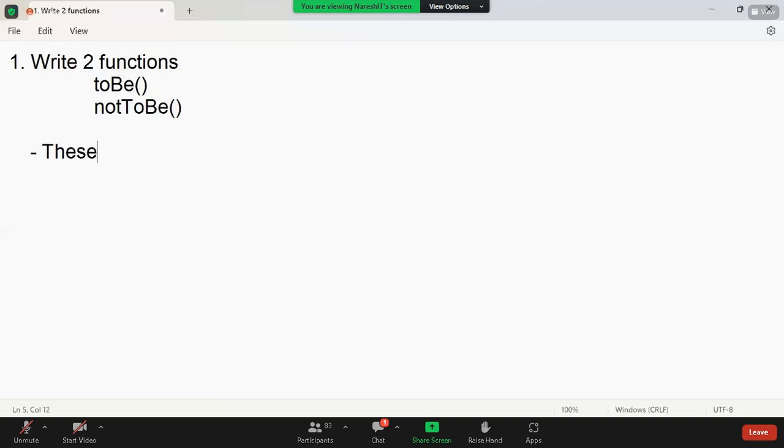These two functions take a value, that means the toBe value,